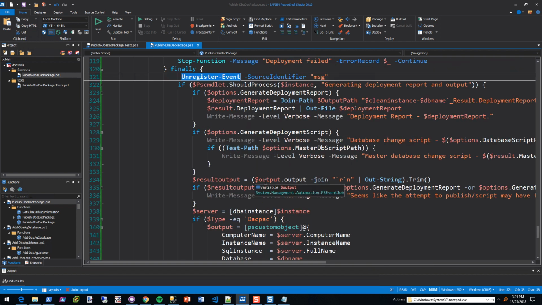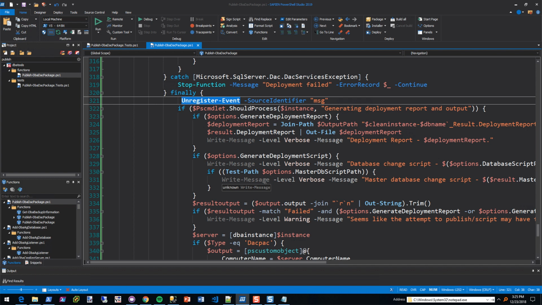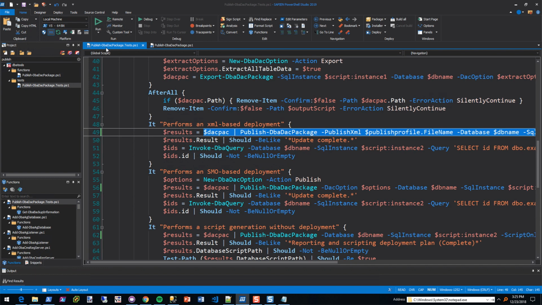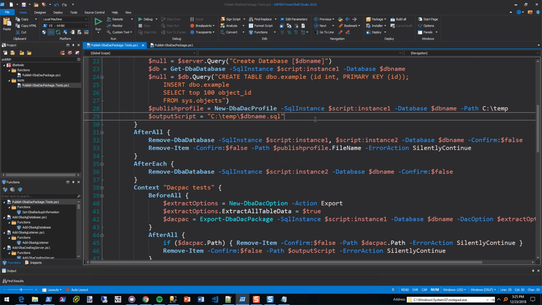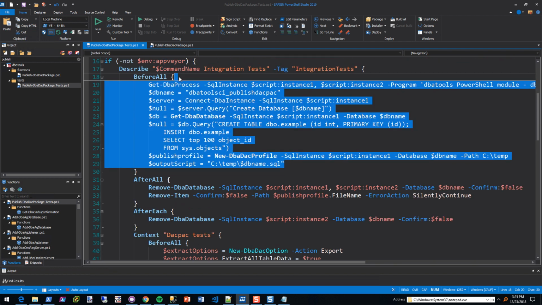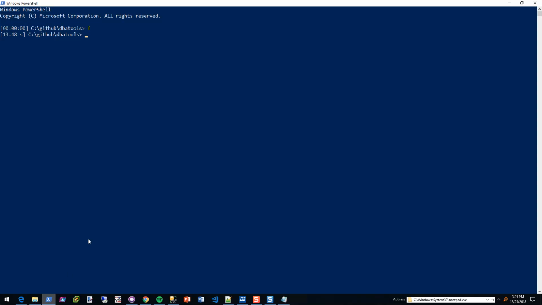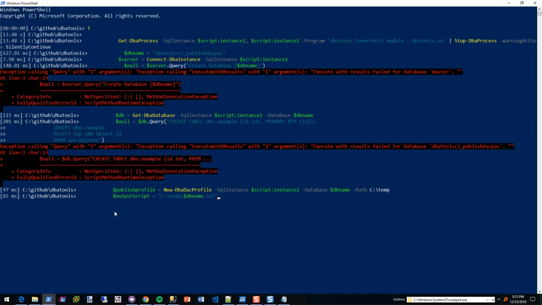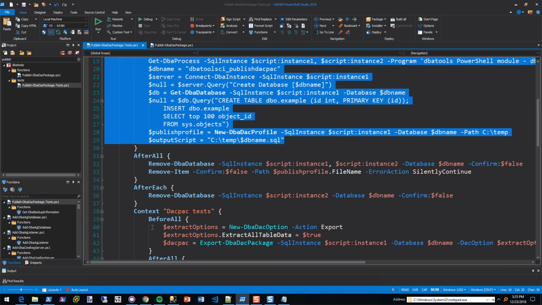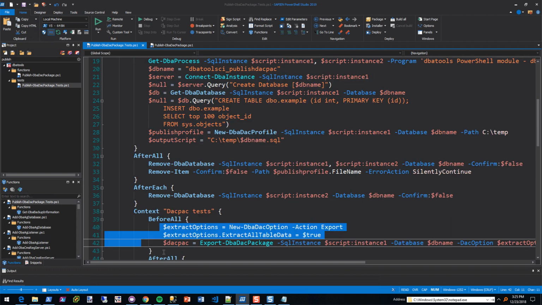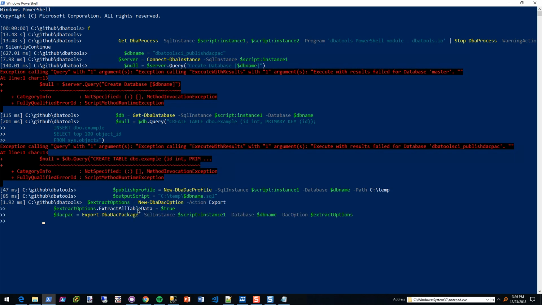I probably could have said unregister event instead of restarting over, but I restart all the time, because it's the cleanest way to do it. That's fine. It's because I had already done it before. I should have run all the after alls, but whatever. All right, so let's see if this is going to work. And if it gets too messy, then I'll just go run all the after alls, or I'll just run the test once.